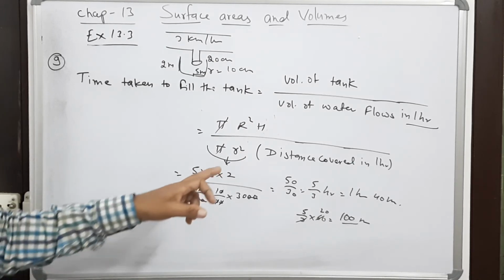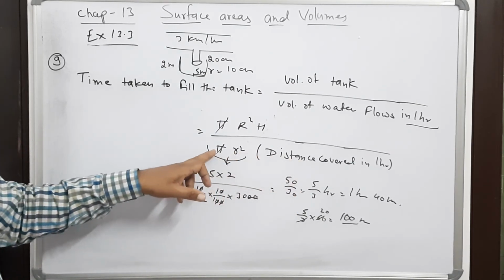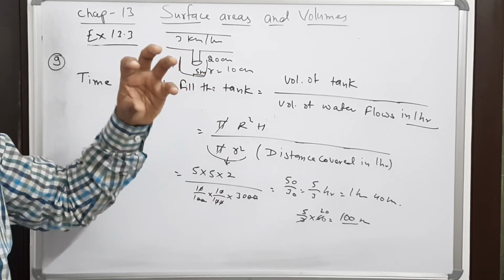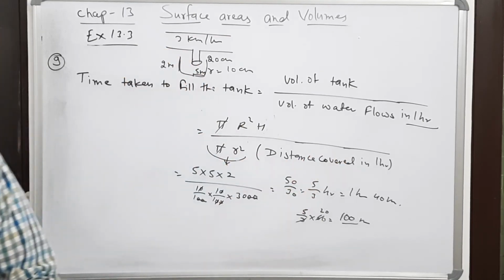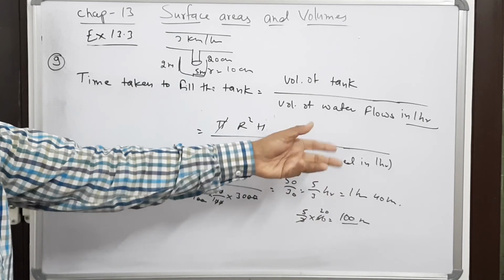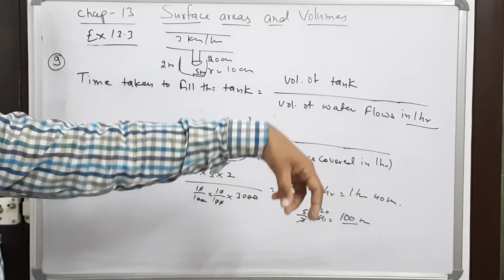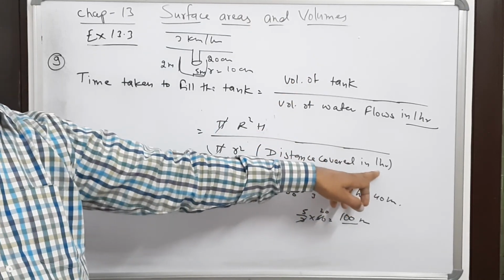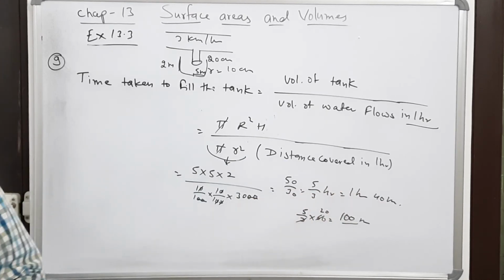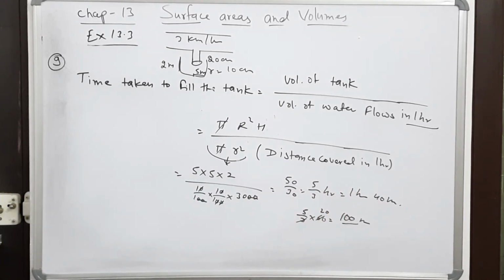So here, this formula is very important. It is pi r square, that is the area of cross section, and then the distance covered in the given time. Suppose we have to find out how much water will be poured in 30 minutes, then you take half an hour, and in that case, the distance will be half. So in this way, you can find the volume of water received through a pipe, where the speed is the important concept. These types of sums are important from the examination point of view. Please revise these nicely. Thank you.